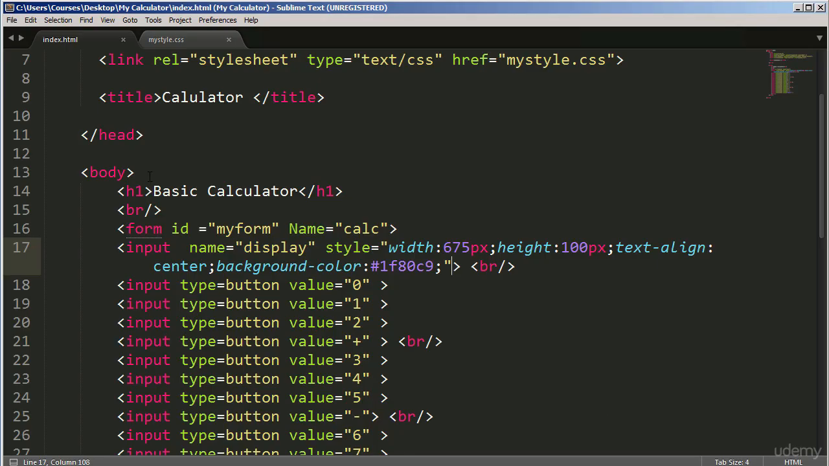Okay, so I am on the actual HTML document, which is the index.html here, and on line 17, which is the actual input for the display, which is the screen that will display the results of the calculator. I have attached some inline styling. So this is inside the actual tag itself. I have added a style tag. So you use the style as an attribute. So the actual style becomes an attribute, and the value would become the property and the values for that input